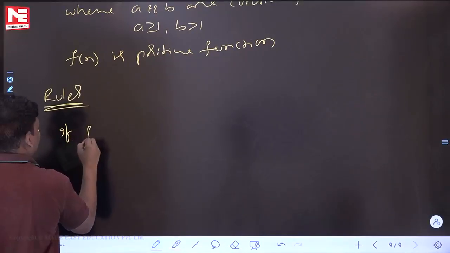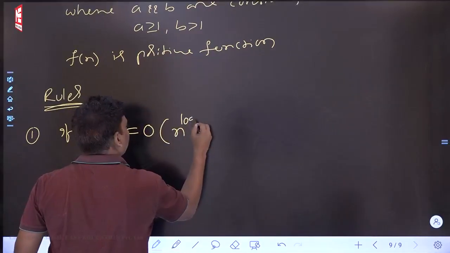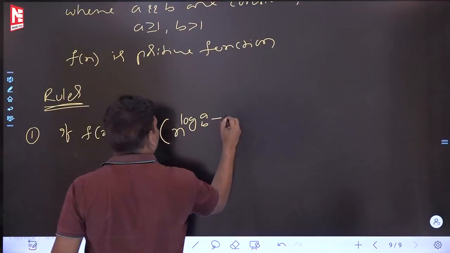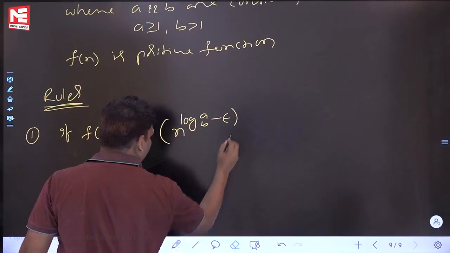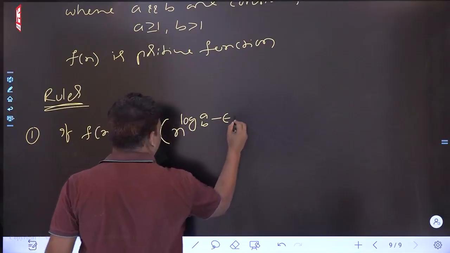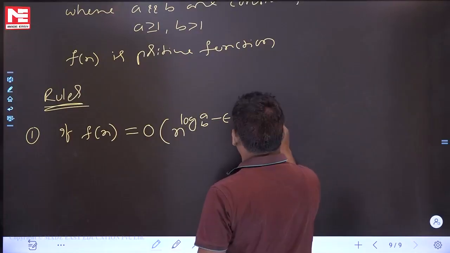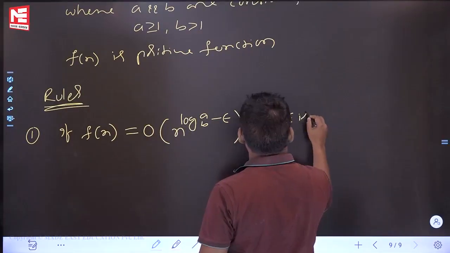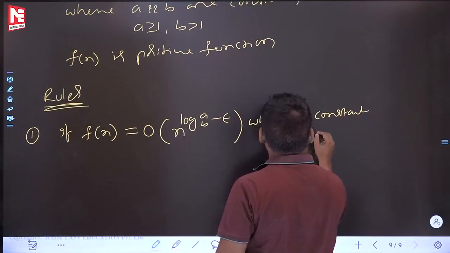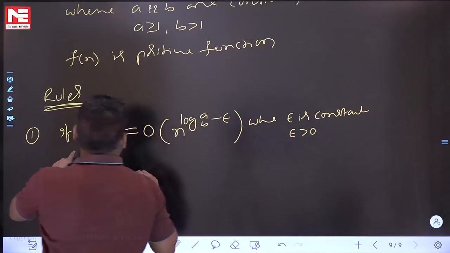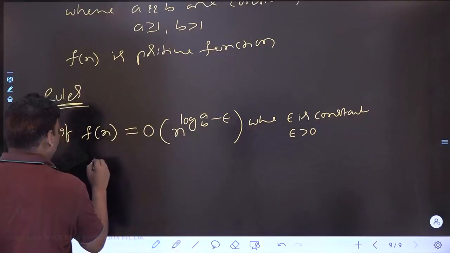If f of n is equal to big O of n power log a base b minus epsilon, where epsilon is constant and epsilon greater than 0. Right? If f of n is big O of n power log a base b minus epsilon, where epsilon is constant greater than 0, then